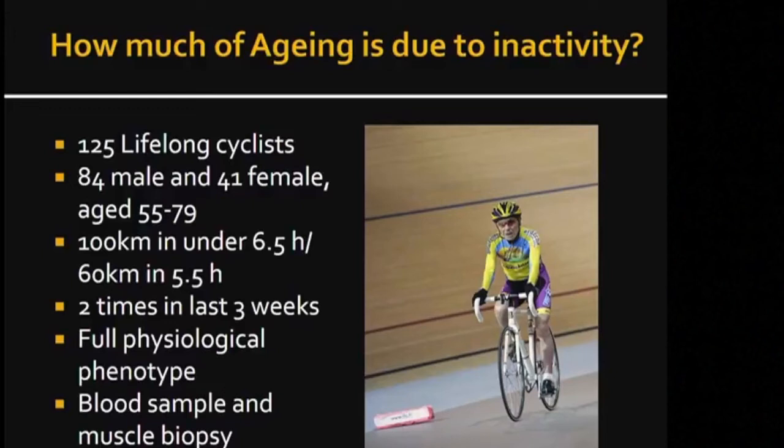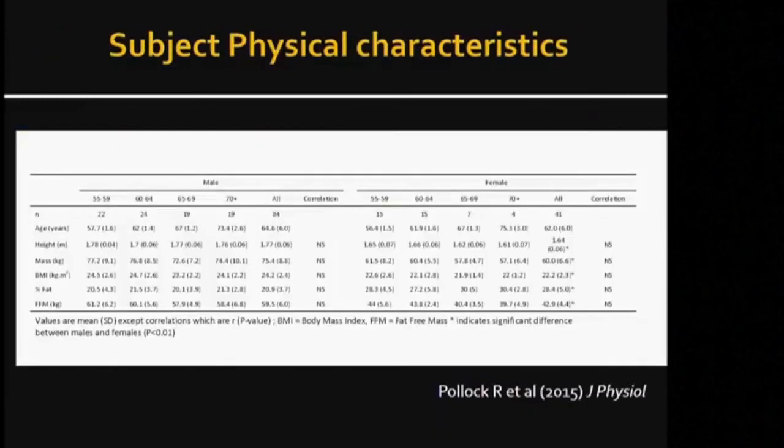We did this work in collaboration with Steve Harridge at King's. They had a full physiological phenotype, and we took blood and muscle biopsy samples. This is cross-sectional at the moment, but we're going to do the 5-year sampling next year. What did we find? We have males and females, and we've split them into 5-year